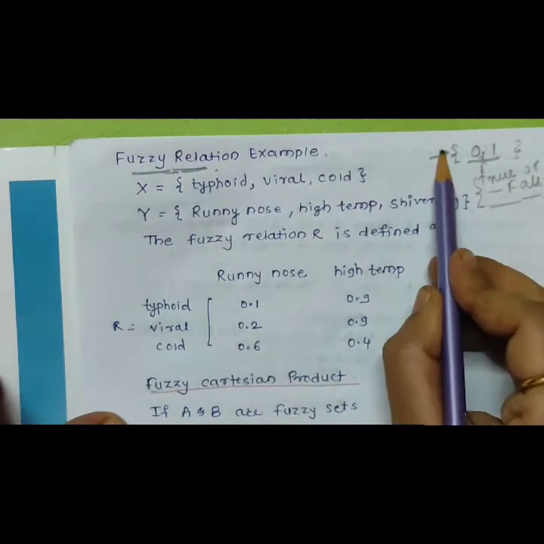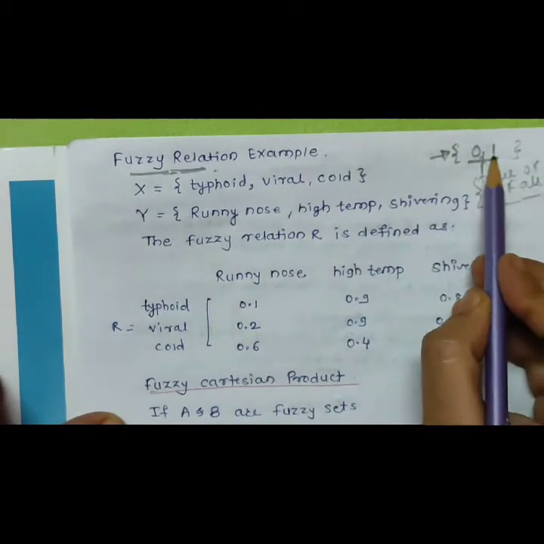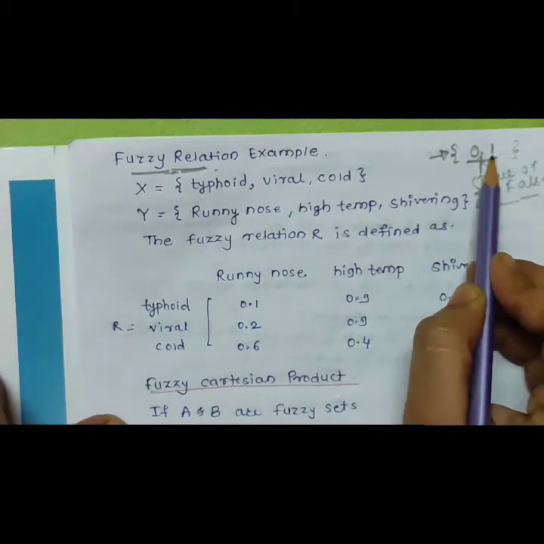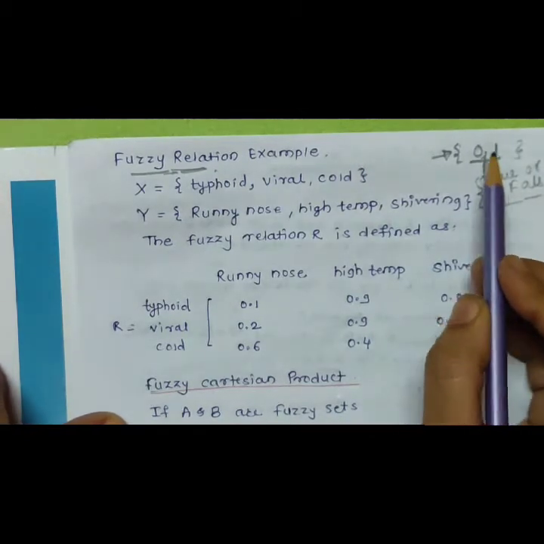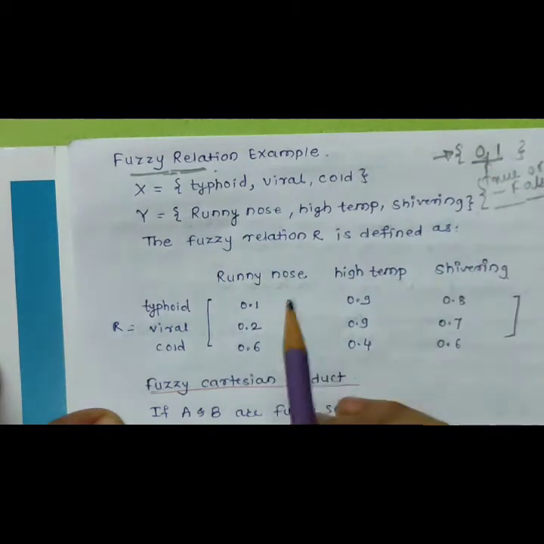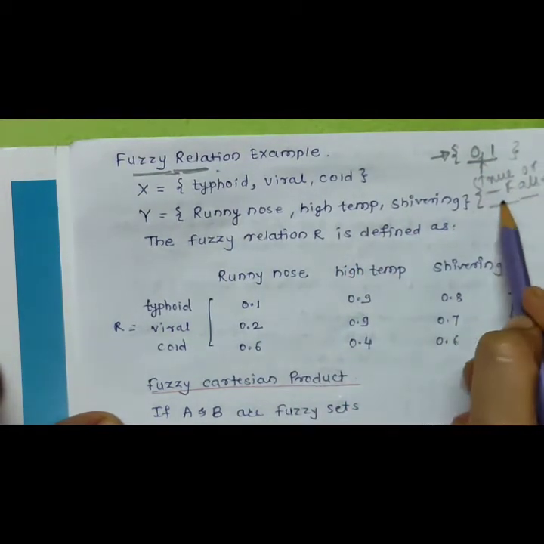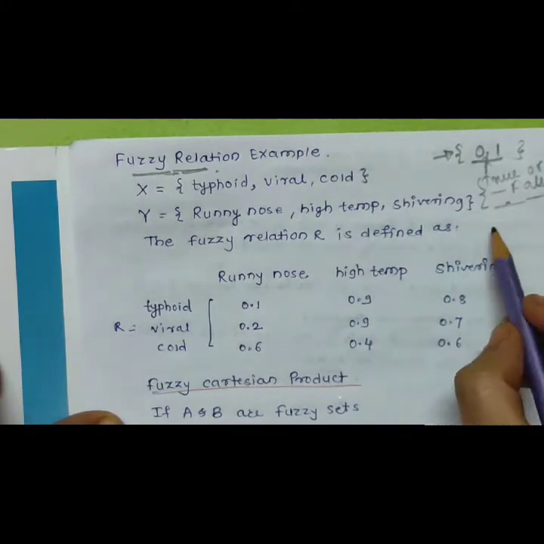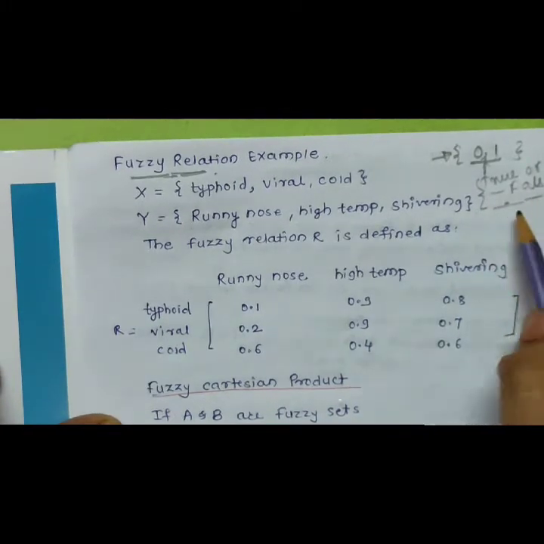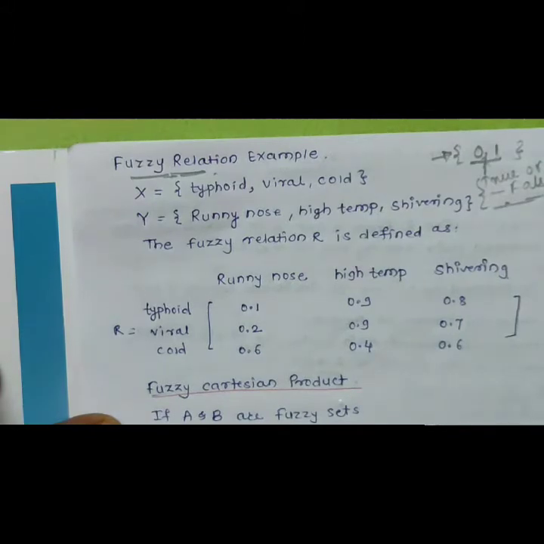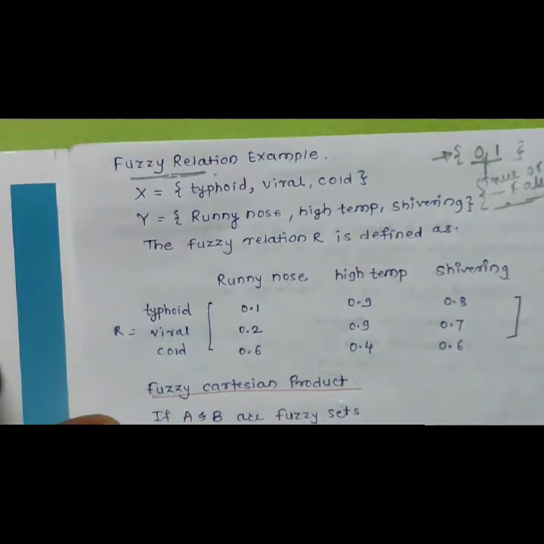In case of Boolean logic, there are only two values associated with the elements of a set. The value can be either 0 or 1, or we can say the value can be true or false. But in case of fuzzy logic, or we can say in case of fuzzy relation, there are certain values associated with the set of elements